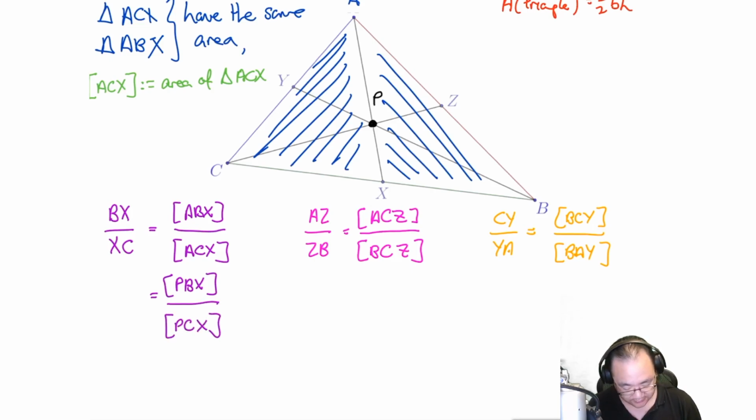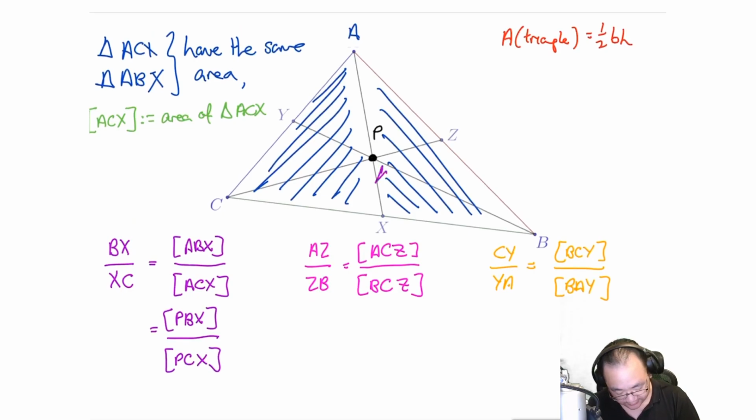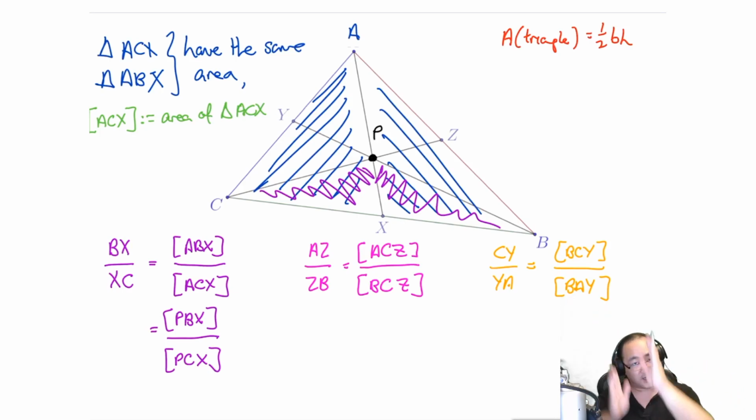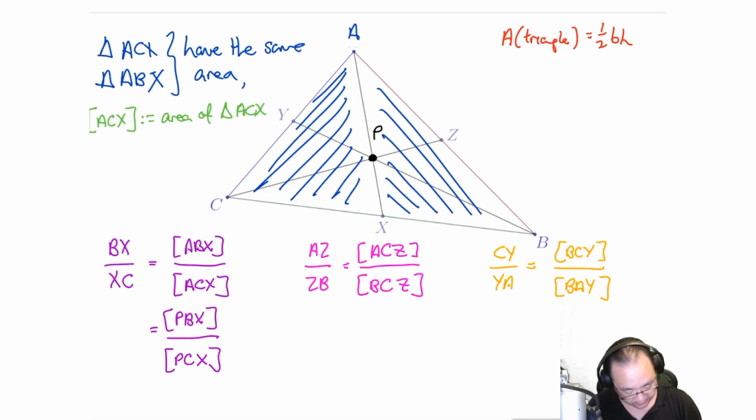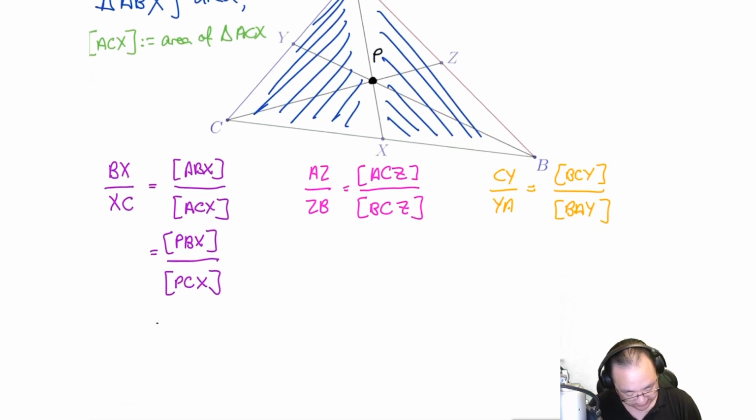CX. So PBX is this little area in here, and that's PCX. And then now we've got a reference point for P. And we can do this in a similar way because once again the ratio to the triangle is similar and the height is the same as well. So PBX over PCX is also equal to